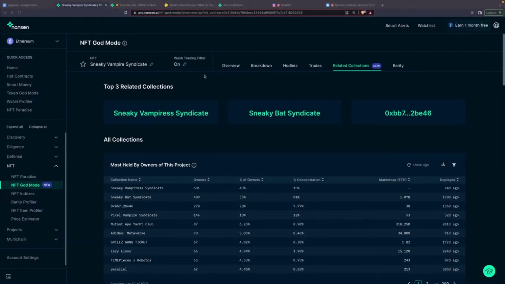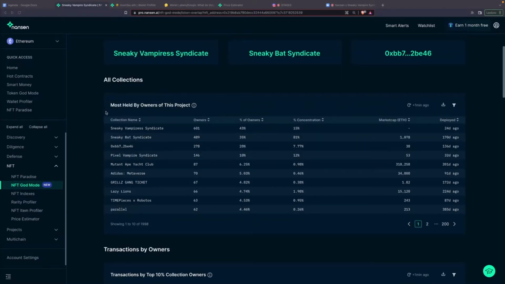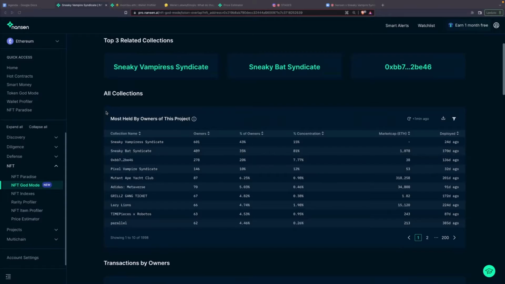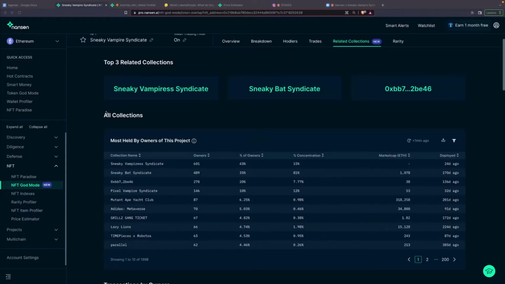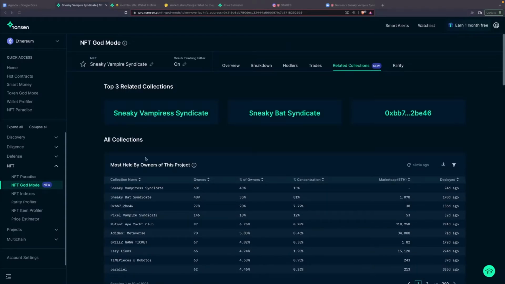So if somebody is holding Sneaky Vampire Syndicate, typically they're going to be holding Sneaky Bat Syndicate as well. And then we have another NFT collection here that we haven't labeled quite yet, so that could be something interesting to dive into. Here we can see the most holders on most held ownership. So if we're looking at Sneaky Vampire Syndicate,